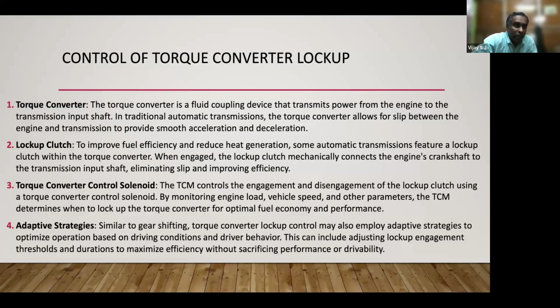So, like for example, when it has to engage the lockup clutch, when it has to disengage, what is the time, or what is the basic requirement for lockup clutch? Whether it has to be engaged or disengaged, depending on the driver's habit, how the driver is pressing the accelerator or applying the brake. Based on that, it is automatically calculated, whether to engage or disengage the lockup clutch. This is calculated, and it does the work. So this is one of the